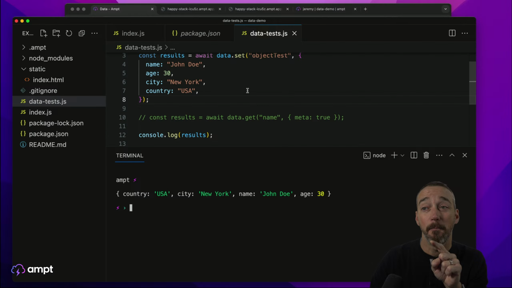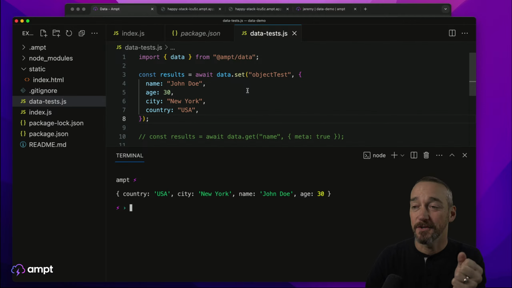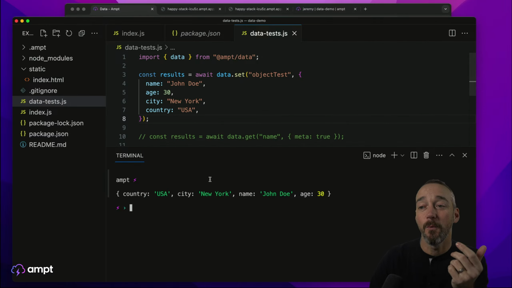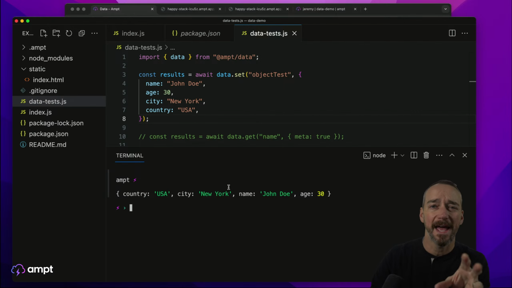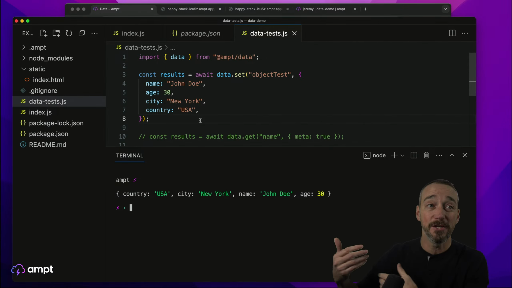Now again, what's nice about set and get is we tried to make sure that they were very similar in terms of options and things that you can do. So if you want to just return, and by the way, you don't have to return this data. This is just a confirmation that the data was written and exactly what was written to the database. So this can be helpful if maybe you generate some sort of object and then you need to use that